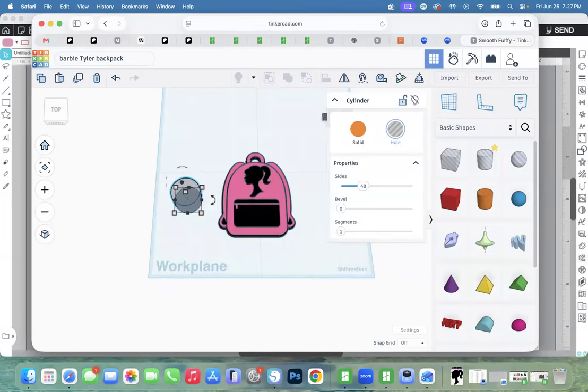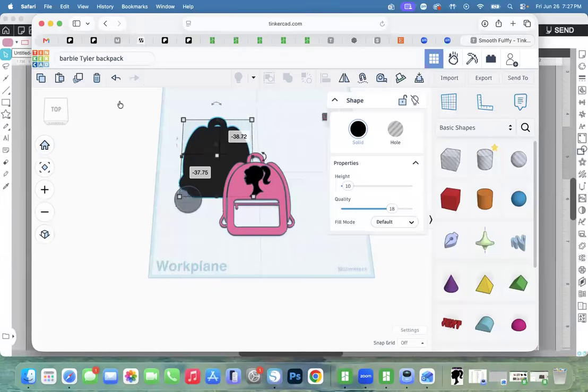So to save yourself the time and the headache, measure it before you put it in. It's just 2 seconds. So 25.3 on both ways, and then make it a thickness of 2. And the reason I do the thickness of 2, because when the NFC tag is inside, once you put it in your filament, so once you put it,